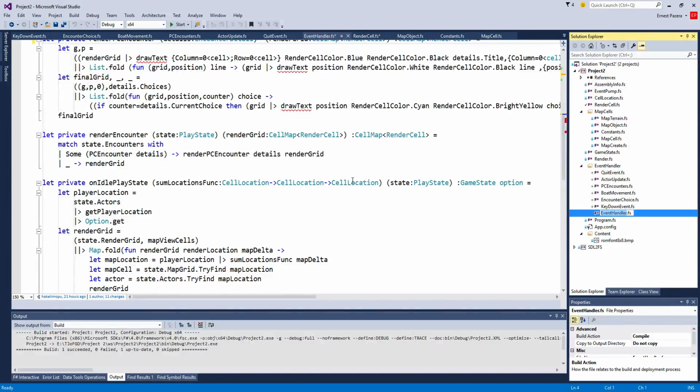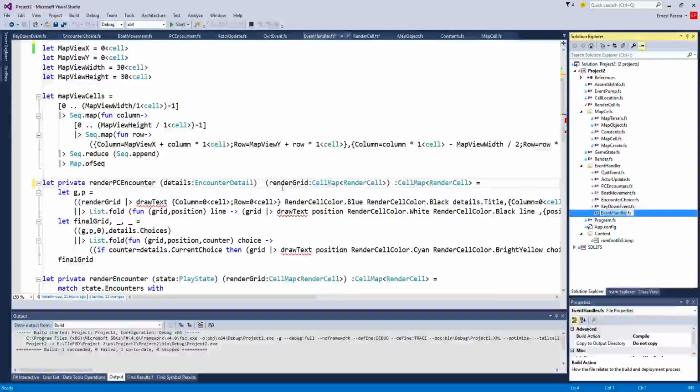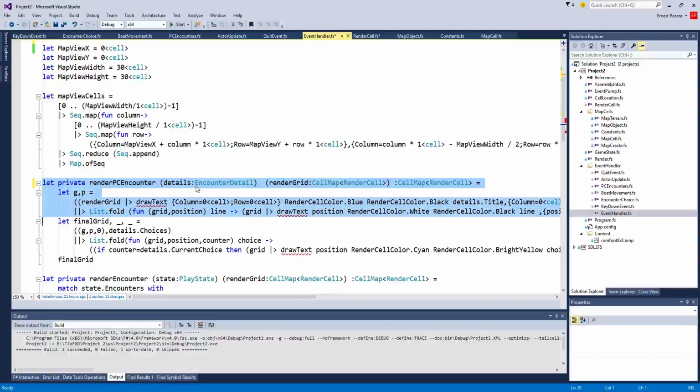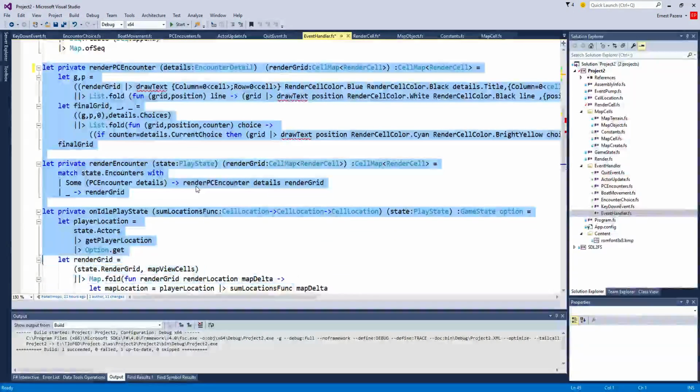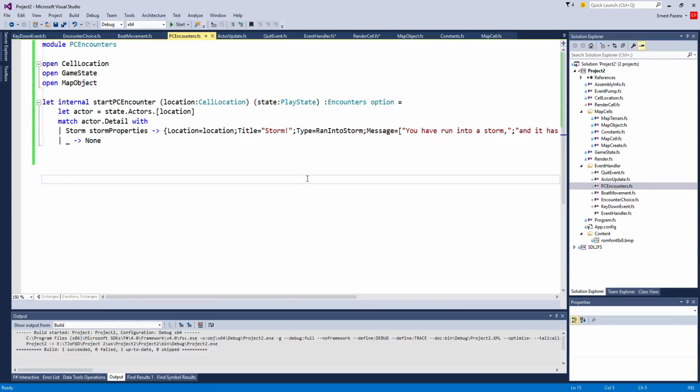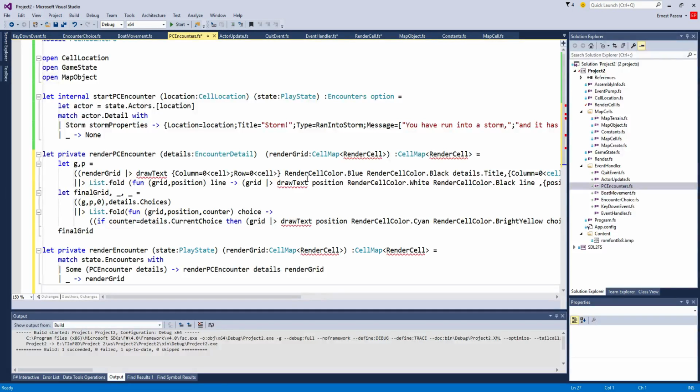Yeah, at some point, okay, so I'm going to throw both of these into my render encounter. I'm going to put them both in PC encounters. I don't know if this is the right spot, but